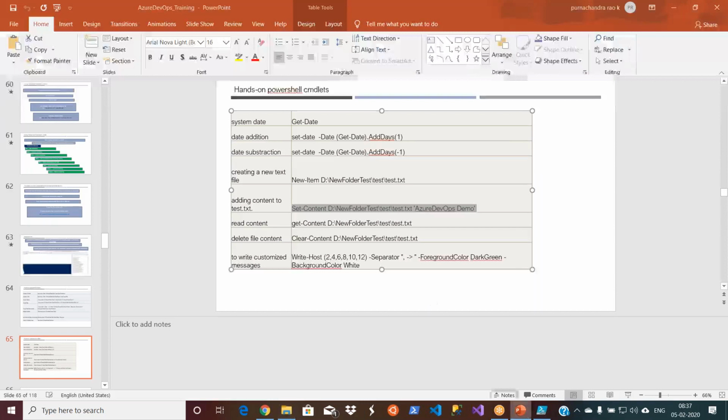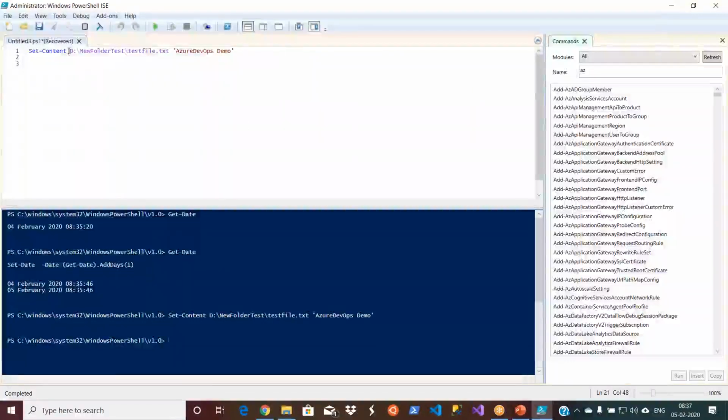And if you want to read it, we have the read content command, that is Get-Content. So I can simply take this and do that. Get-Content and then the path.